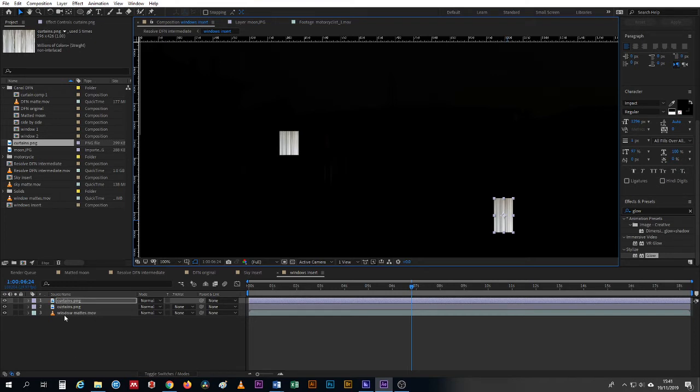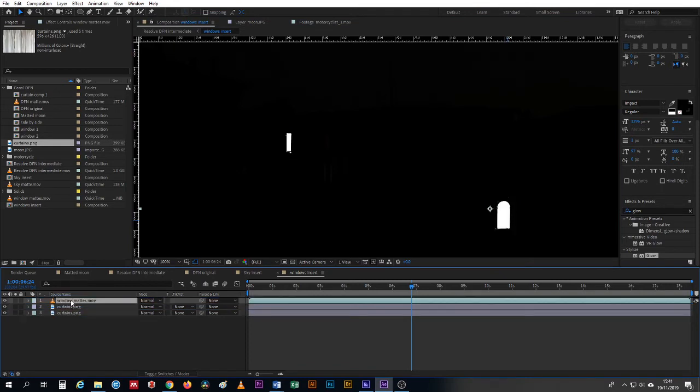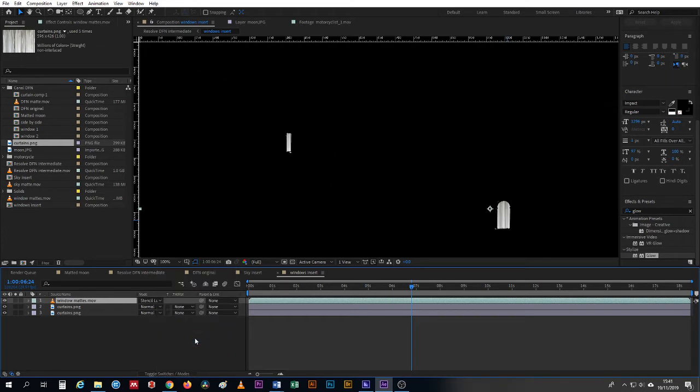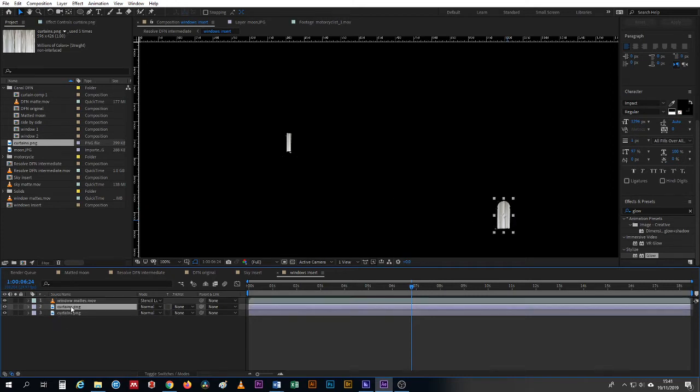So I'm going to put my Windows matte at the top and set its composite mode to Stencil Luma. And now we can see that we only see curtains where the white of the matte image allows them to be seen. But we can still access them and do lots of things to them. So if, for example, I wanted to